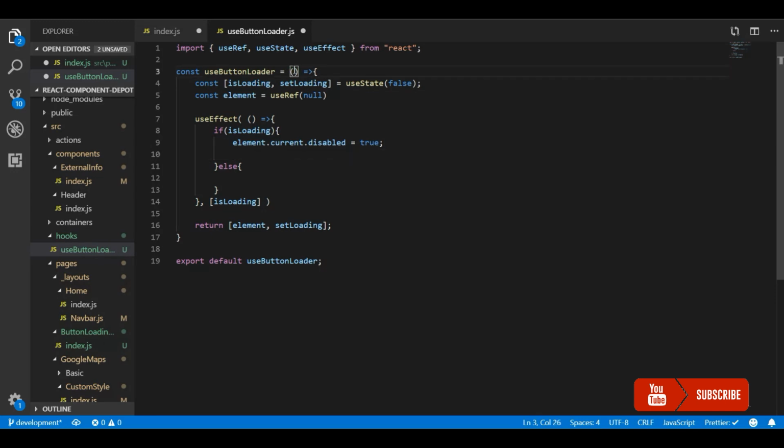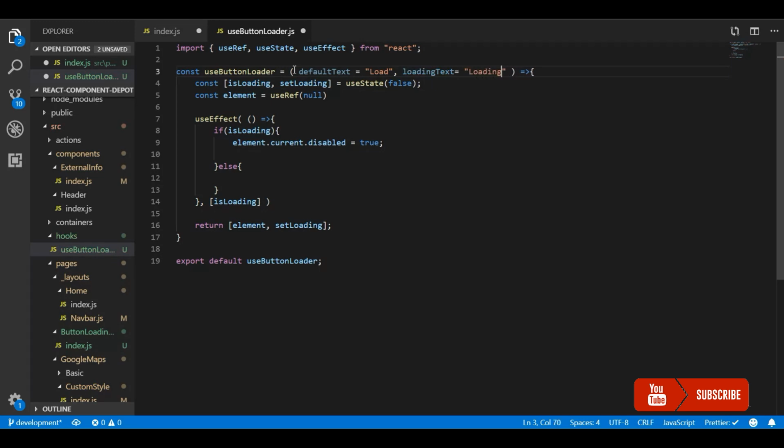Now for changing the text, we'll get parameters for this hook's function, which are the default text to display and the loading text to be displayed when the user clicks on the button. To make it reusable in multiple components multiple times, we need these kinds of things.